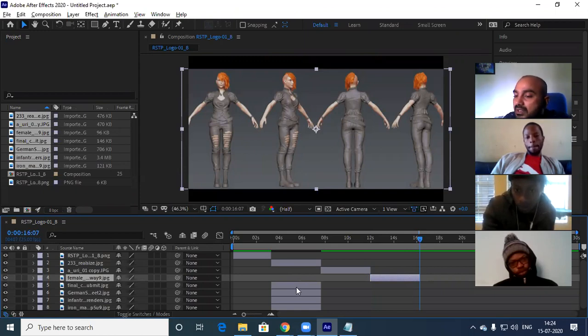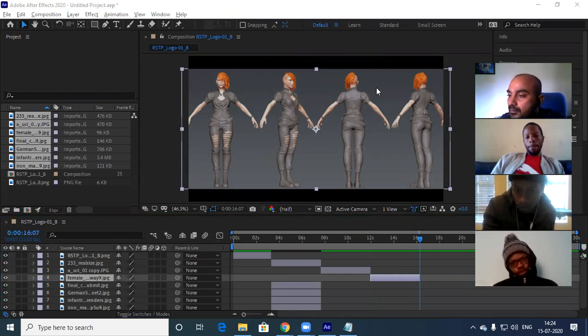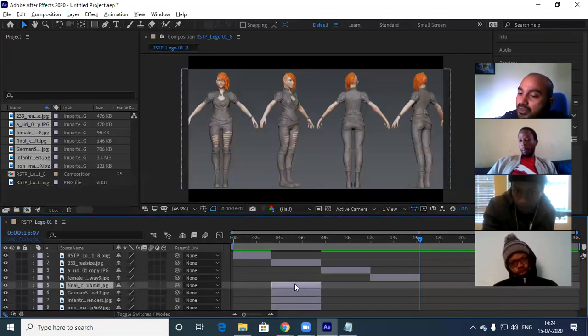Now I want the bottom clip to come right next to that. What do I have to do? Select the bottom clip and press open bracket. Now see, the footage is coming right next to that.